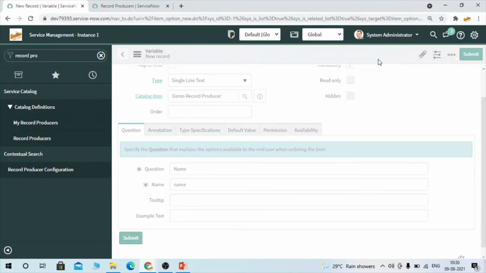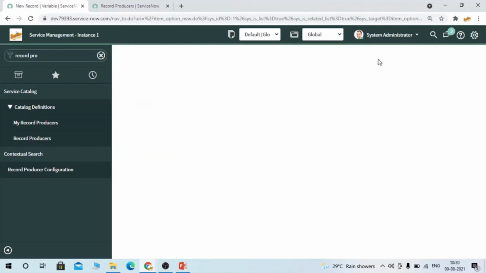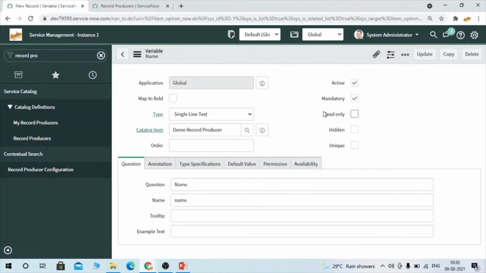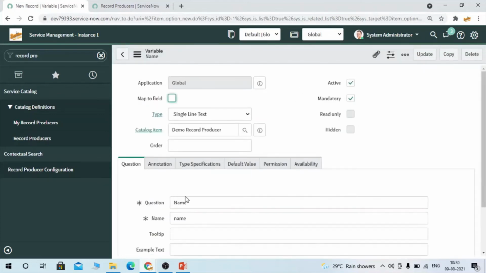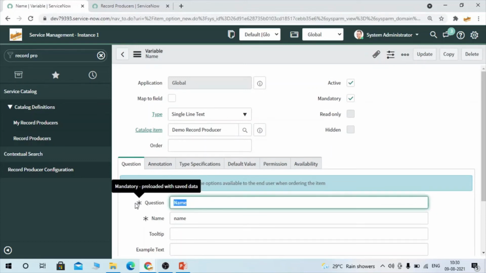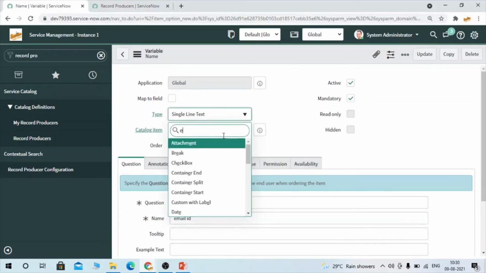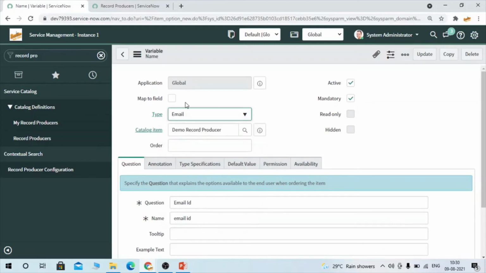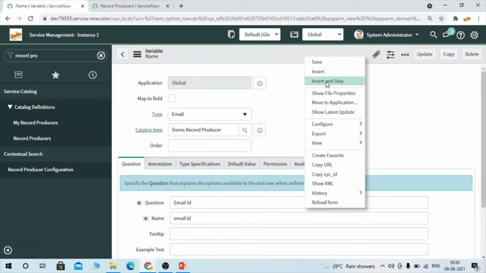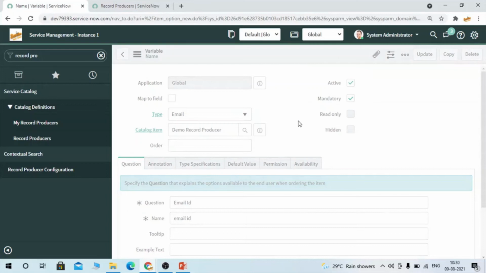Now I clicked on save because I want to stay on the same form. One variable has been created. Now I'm going to change it and give it as email ID. We have an email field as well, so I'm going to select that type and click on insert and stay.